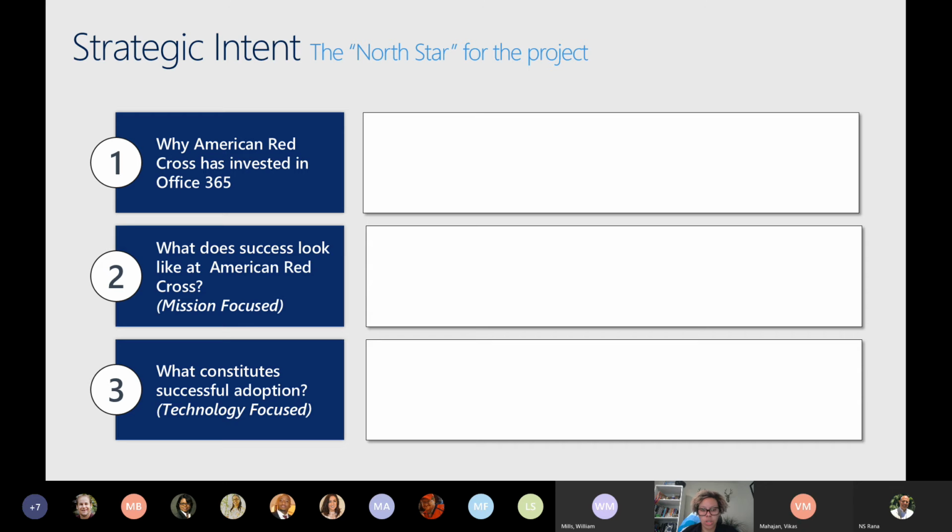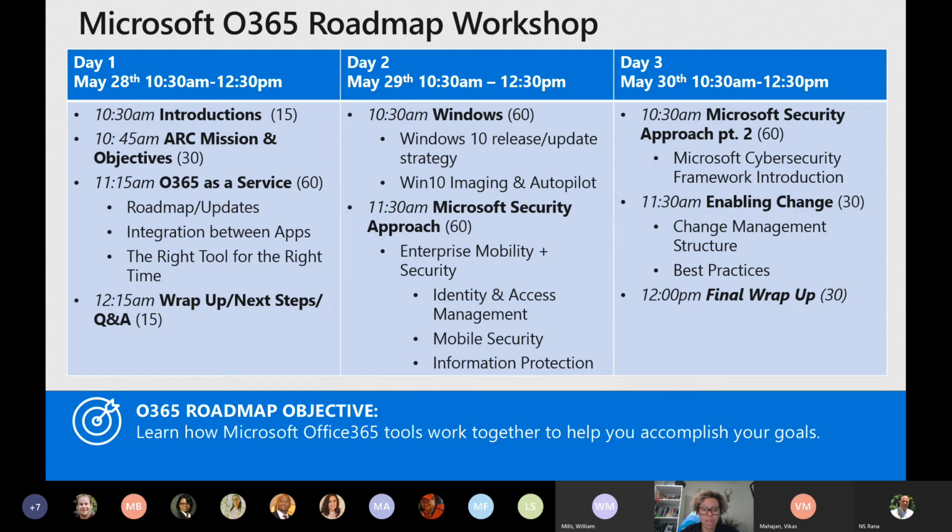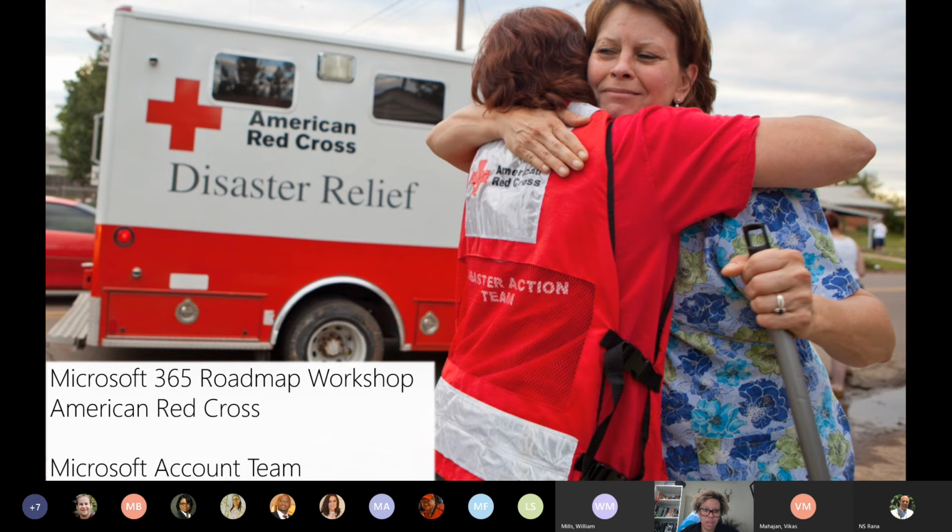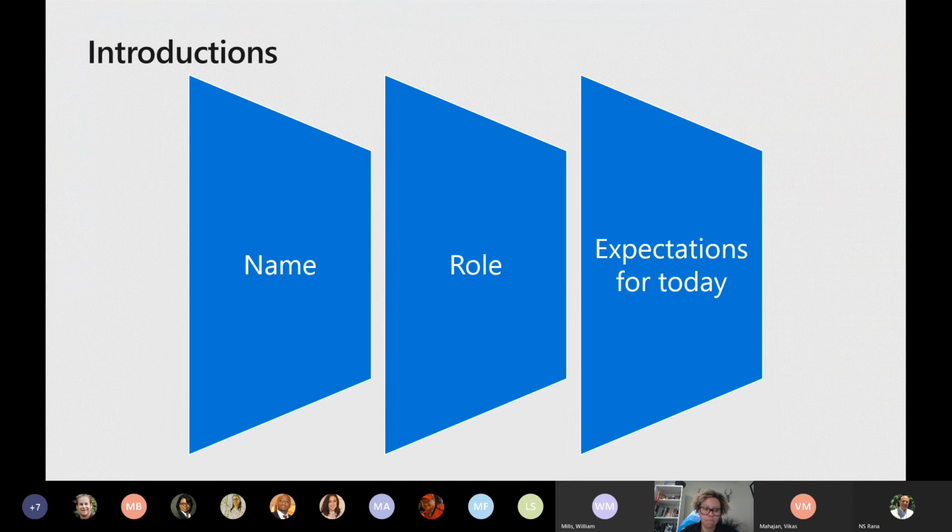The second question is from the business side, the mission side. If we were to go back to the first slide, at least how externally I see American Red Cross's mission: what is American Red Cross trying to accomplish? What are the KPIs that American Red Cross looks at in terms of success at the end of the year, not just from an IT standpoint, but truly from the mission and the business side?